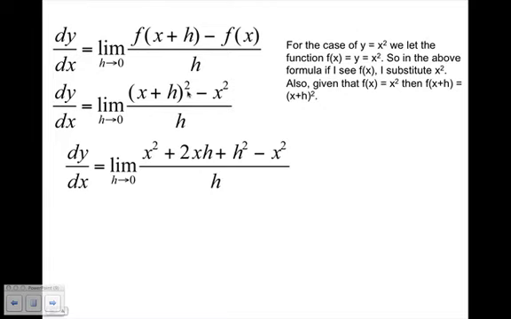Now I'm going to expand this bracket here, and so I've expanded x plus h all squared to become x squared plus 2xh plus h squared. I've still got my x squared left at the end there,